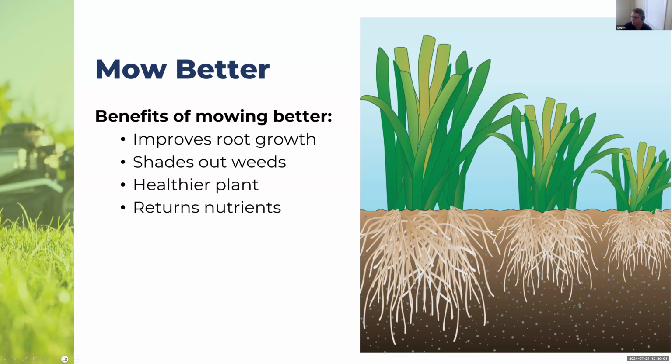Other mowing practices that are important are to keep your mower blades sharp. Dull blades can serrate your grass and create uneven areas on your grass blade that might make it more prone to getting a fungal pathogen or some other disease. We should also think about leaving our clippings on the ground after we mow. Don't bag them up and deposit them in some random pile. Leave them on your lawn because they're just going to decompose and add nutrients back into the soil. It's like free compost.